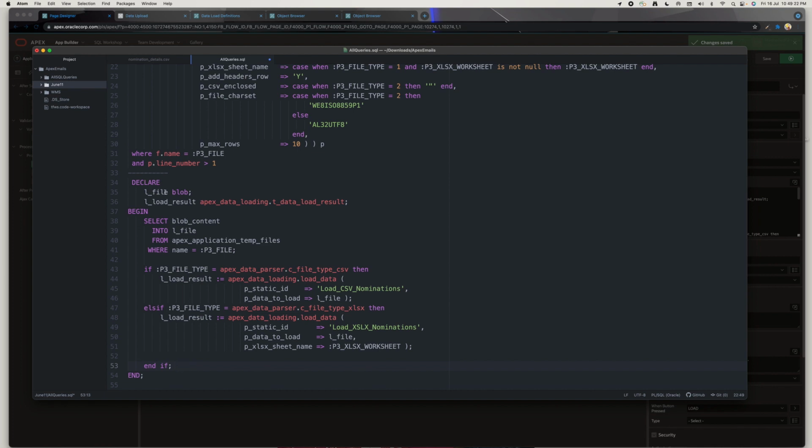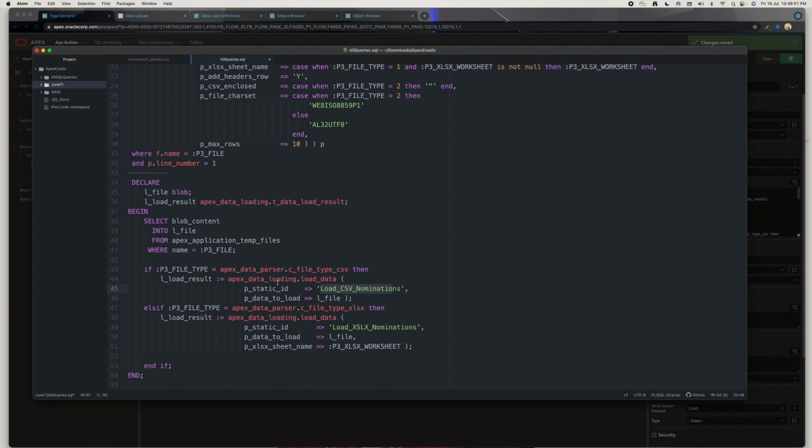Declare file type is equal to blob, and then result apex_data_loading, give t_underscore this one, and select blob content into l_file from apex_application_temp_files, where name is equal to the file name that we took through the file browse item, and then if the file type is CSV, then you load CSV